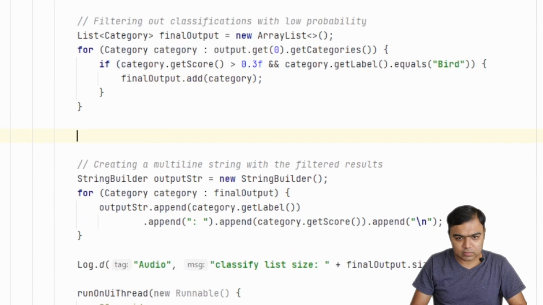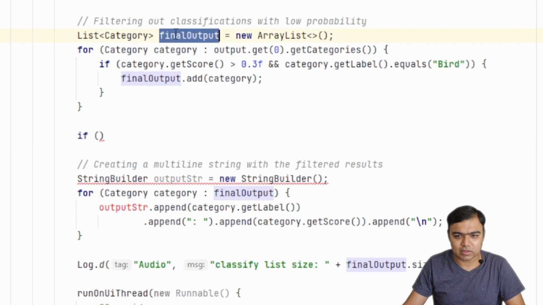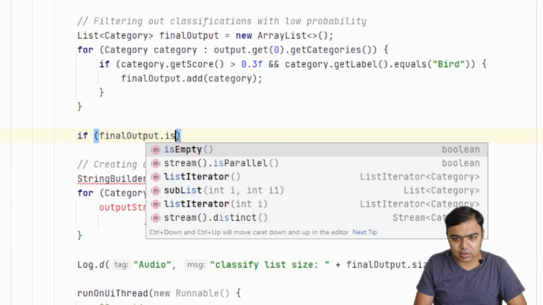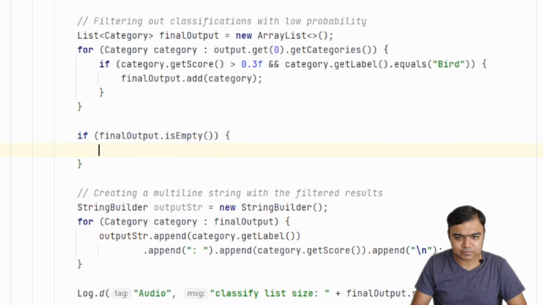Now we are going to check our final output array list. If the probability of the category is more than 30% and the category is of type bird, we are adding all these categories to the final output. If the final output is empty, we are not going to do anything, we will just return from here.